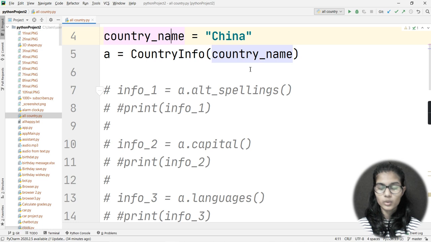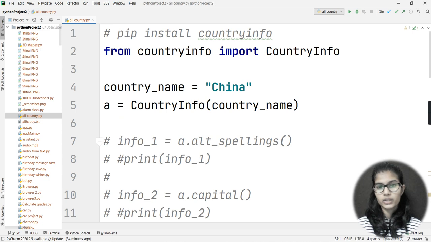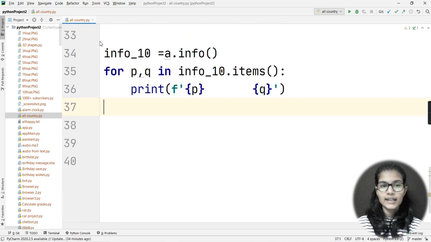So the library name is countryinfo, and the function which I was using till now is info. In the first part I told you how you can find out the single things, because if I had told you this info function in the starting, then you would not have known the procedure for finding the detail for a particular thing. Let's say I simply wanted to find the capital, then you would not have known how to do that. So in the starting I told you how to find a particular detail. And after that I mentioned that if you want to find out all the information about any particular country, then how you can find that, so I simply used the for loop, and that is all for here.